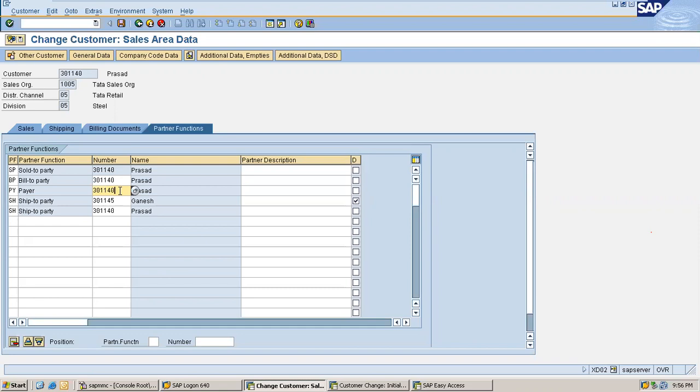If you open 41 here, you can't see a 41 record. That is not created. So this is a technical glitch within the SAP system called number range buffering. For unknown reasons, it jumps 4 or 5 numbers.